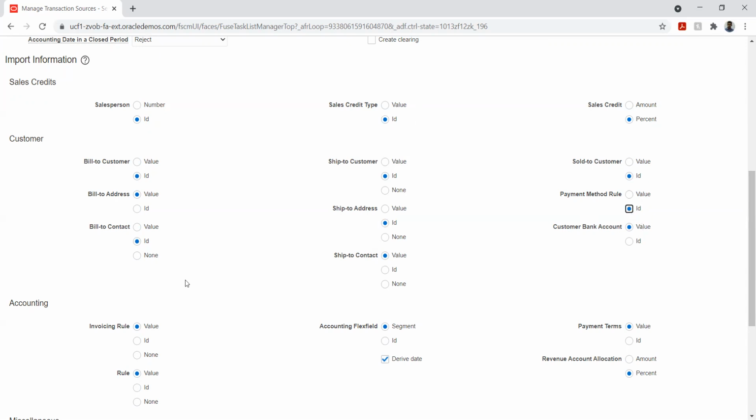When you say the sales credit part, that is if it is integrated with order management. If it is not, let's assume we have only AR, does it matter if we check anything or don't check anything? If we have only the AR module, there are two things: one is Fusion Order Management, or whether we have an external application which sends data to sales order.